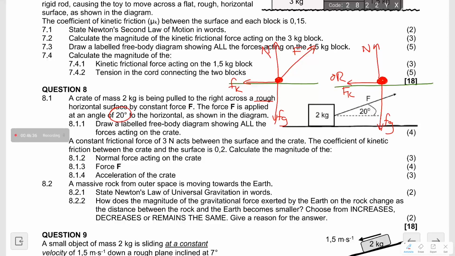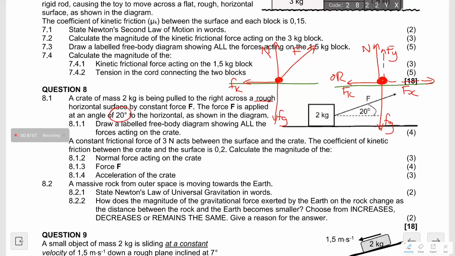we now have the vertical component of the applied force, since the object is being put at an angle, which is Fy, and then we have the horizontal component of the applied force, which is of course in this case going to be equal to Fx. So this is what would be expected from you as a learner. It's either A or B, but I much prefer the second one,